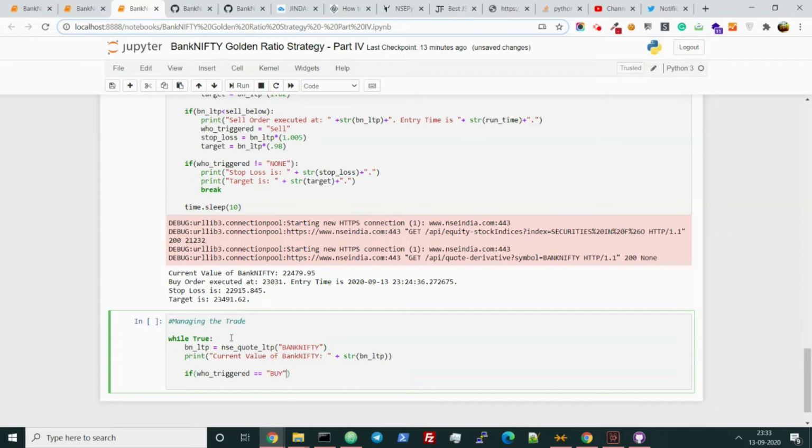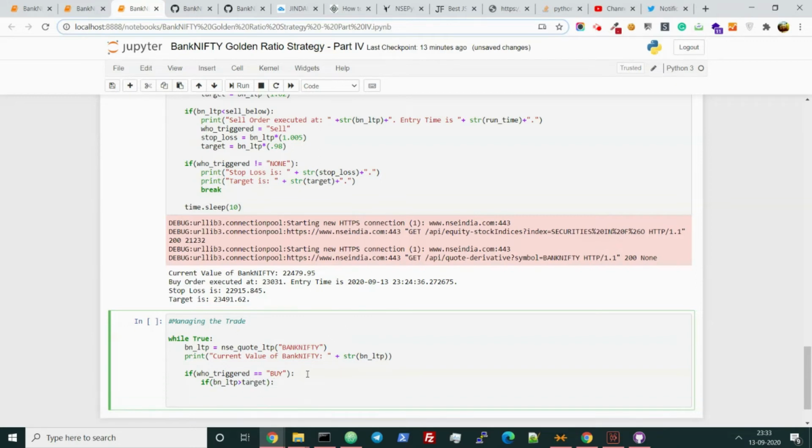Now we have two conditions, a buy condition and a sell condition. If the buy order is running, what you will be looking at is whether the target is hit or not, right? So if BN LTP is above the target, then the target is hit. That is easy, right? Target hit at